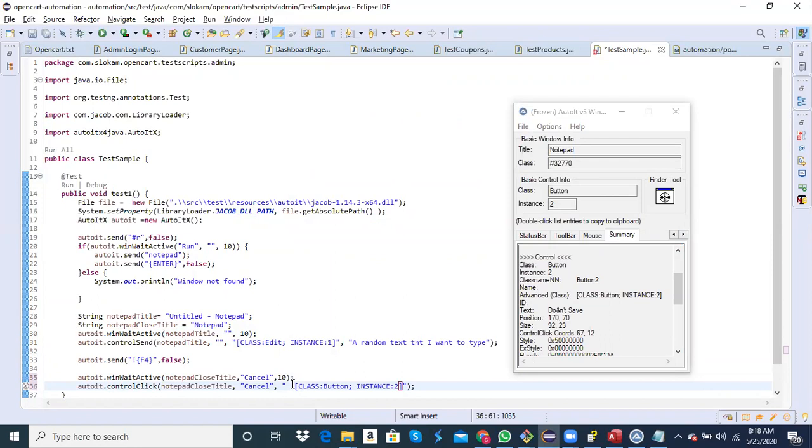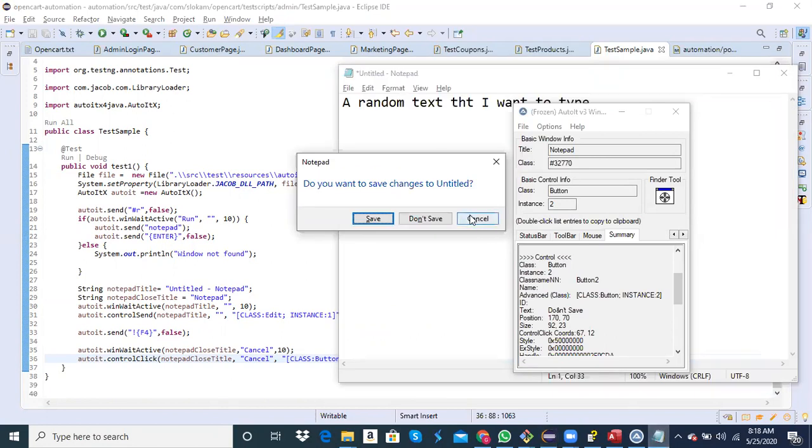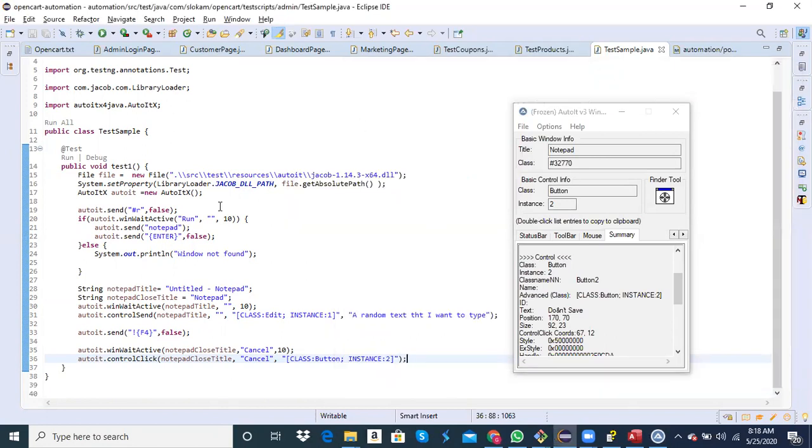Extra spaces should not be there. And this is how it has to be done. And control click will click on that button. So if I use this complete one, I should be able to do the end-to-end scenario.